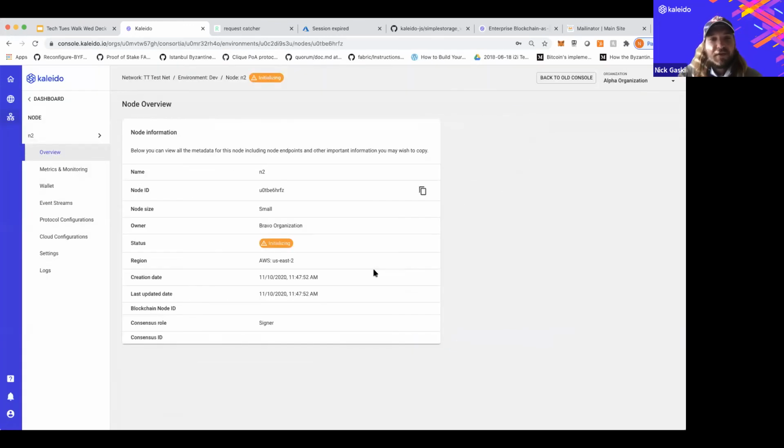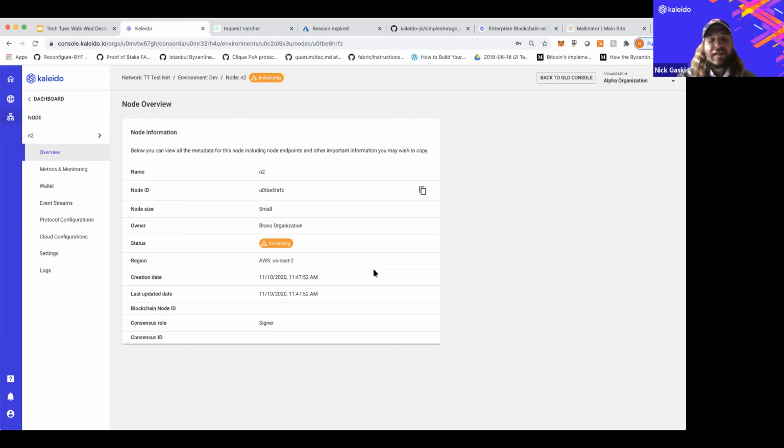So as these guys are coming up, I want to draw your attention to one of my favorite pieces in the platform. I call it the Kaleido easy button. And this is where we've sort of removed the necessity to write a lot of custom code that would otherwise be the case. It's an abstraction of the kind of esoteric and tricky Ethereum API. And as I mentioned, it allows you to use just basic web development paradigms to speak to your smart contract on Kaleido.